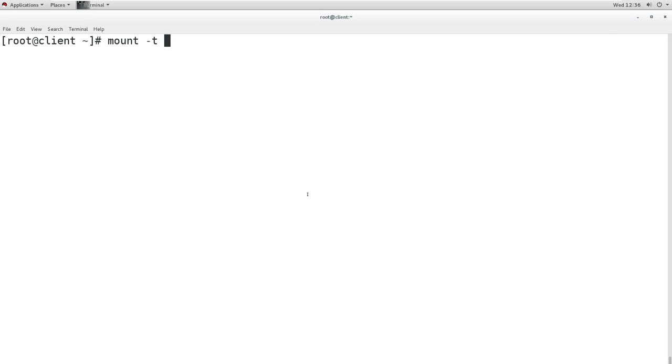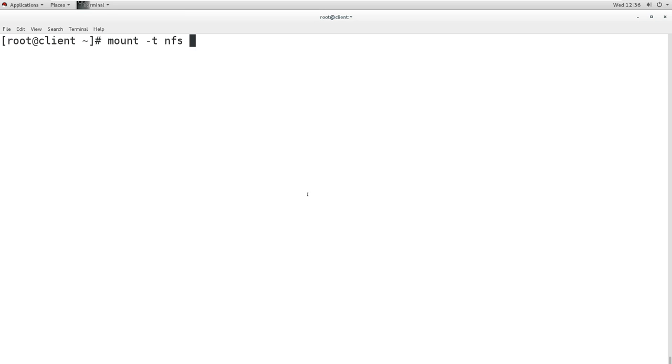I want to access an NFS share. Now here we have to mention which partition or which directory we want to mount. Remember, we use this command to mount the partitions, mount the directory, mount the flash, mount the CD DVD. We use this for that.